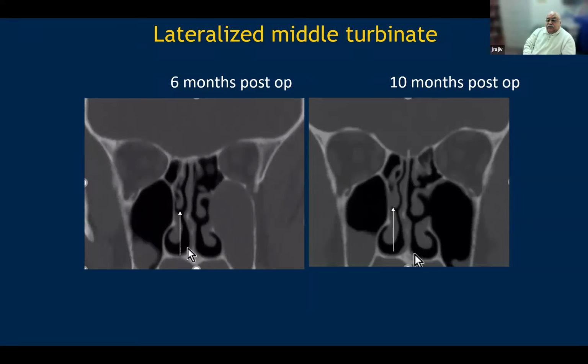So this is termed as lateralization of the middle turbinate, and it is important to visualize that phenomenon that occurs. So the middle turbinate is important. In most instances, if there is a chance that this middle turbinate is hypertrophied, the surgeon will try and remove that turbinate so that there's more space in the middle meatus. So this lateralization of the middle turbinate, because it is drifting away towards the maxillary sinus, is an important phenomenon which you need to